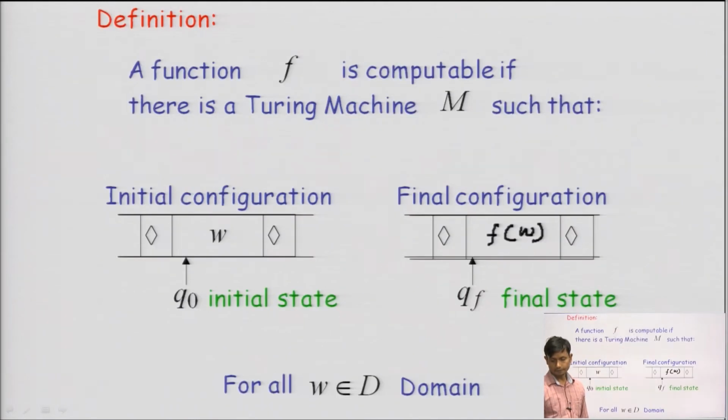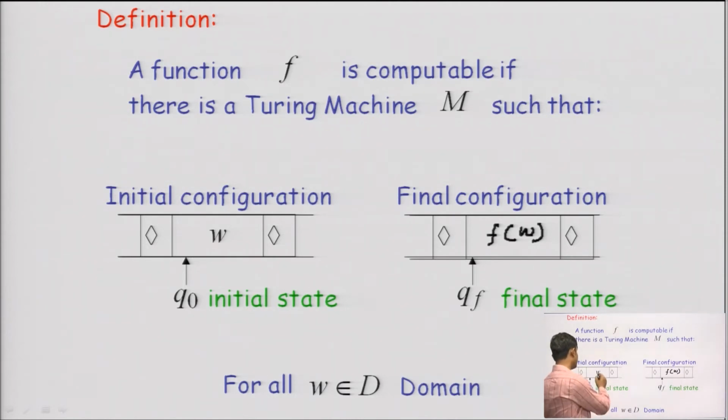So see here what we have written: you have a w, and q0 is the initial state. A function f is computable if there is a Turing machine m such that